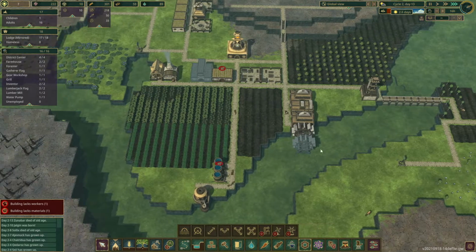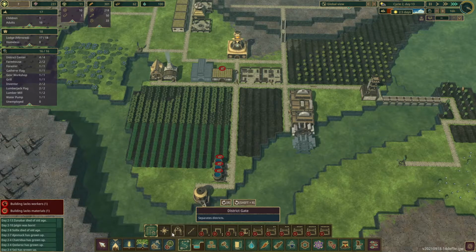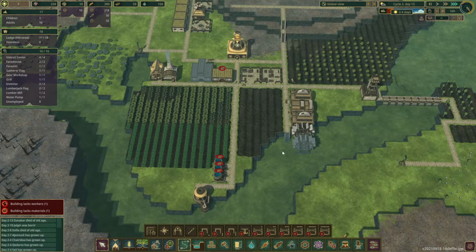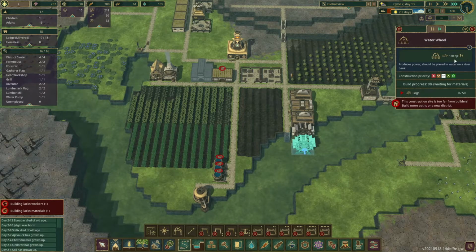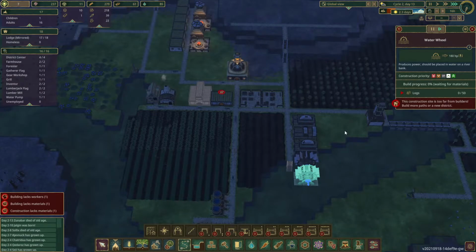And they're not going to be able to build this, they're not going to be able to get to it, but what we can do is give them access to the water by building a set of stairs into the water, and then they'll be able to get wet and go for a swim and do what beavers do. I'm going to prioritise this and the water wheel, but we are about to hit a drought,